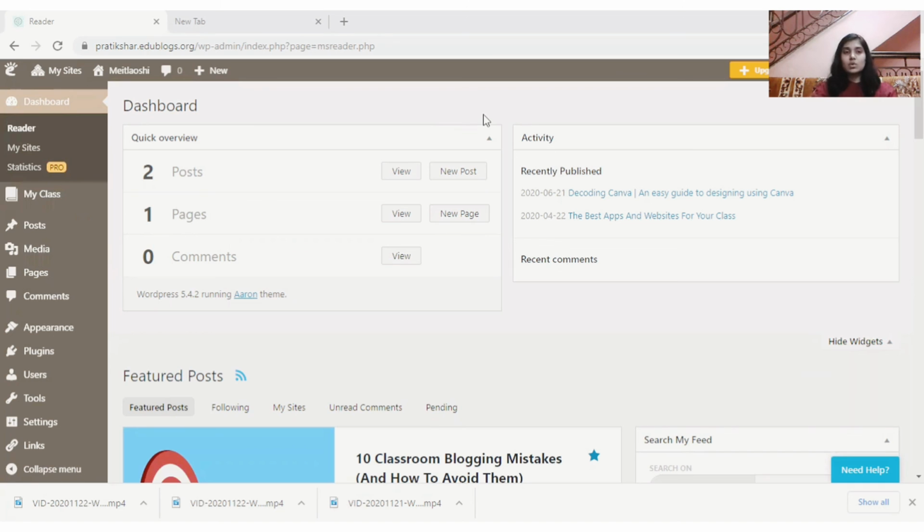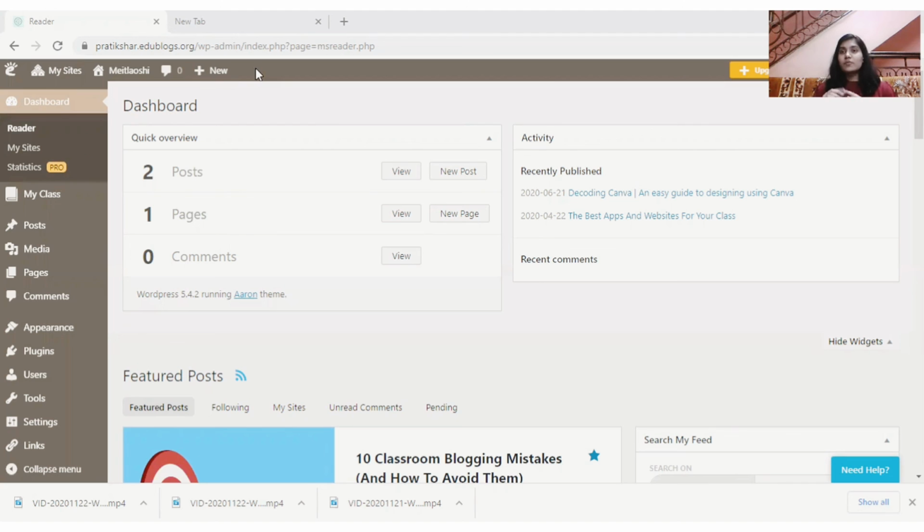You can also connect to your students and see where they are lacking, where they need some attention, and where they'll be doing very good. So blogs are a very important aspect of education.